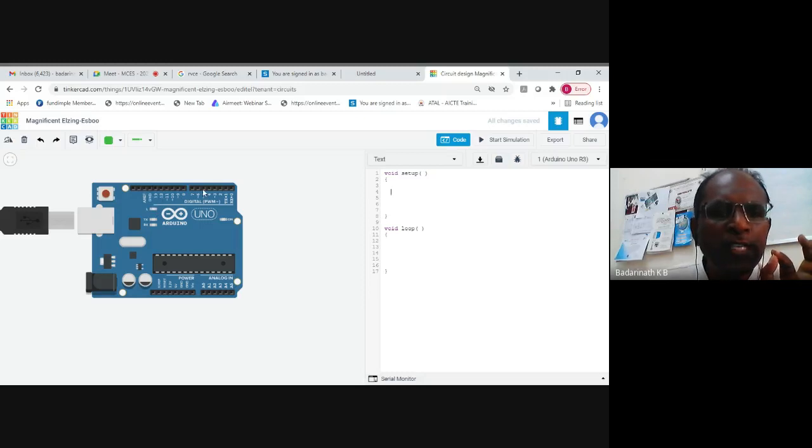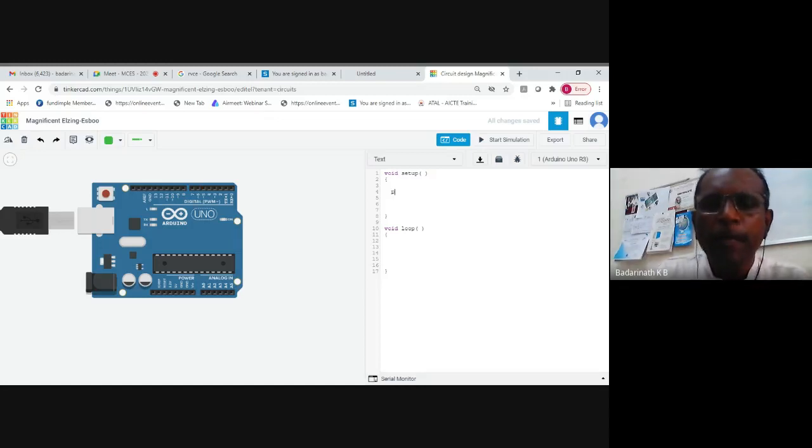Before using any of these pins, we should understand that these pins are used for both input and output. So how does the Uno board know whether you are using this as an input or output? It does not know that. So it is the responsibility of the programmer to configure each and every pin you use in all microcontroller boards. It's not only in Arduino, even in the ARM boards. This is the first decision you have to take: whether I am using this pin for input or output, and configure that.